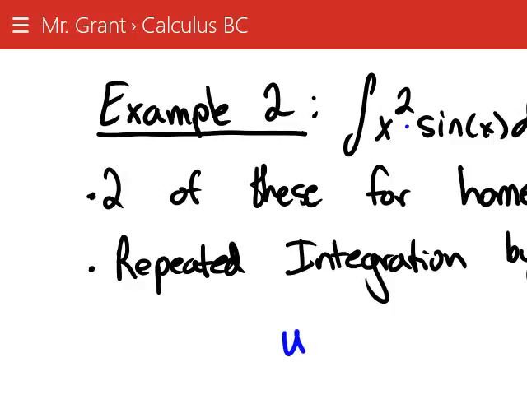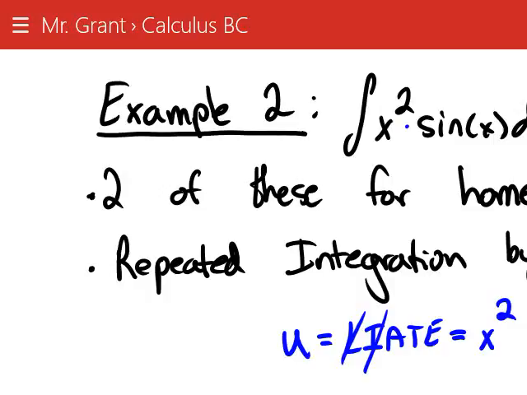Set it up the same way we did last time. We know that u, through LIATE, let's see, we don't have any logarithms, no inverse trig functions. We do have an algebraic function. That's our x squared. And working through, that tells us that du is the derivative, so 2x dx. Now we start at the end and work backwards. We know that the leftover piece has to be dv, so I think this is our leftover, which is sine